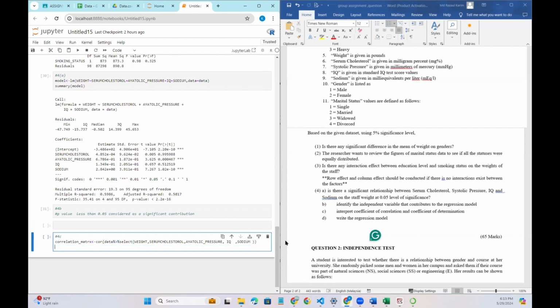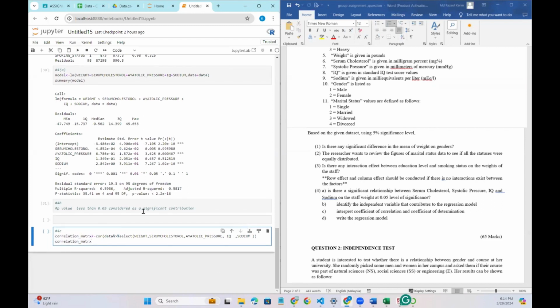This is the correlation. Now I can just name this correlation matrix. Control C, Control V, correlation matrix. After that, I can just say now it's time for the coefficient of determination. For the coefficient of determination, I can say the R square,